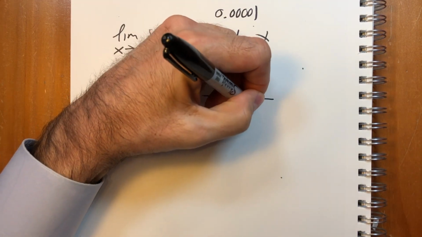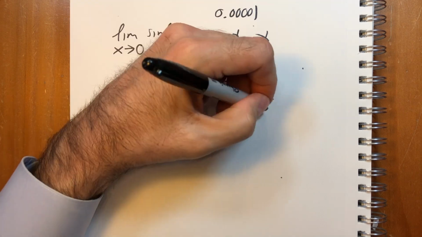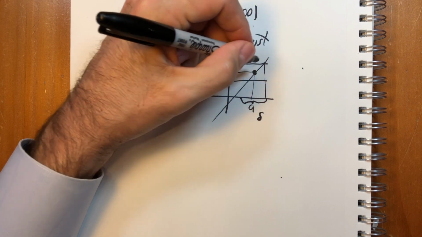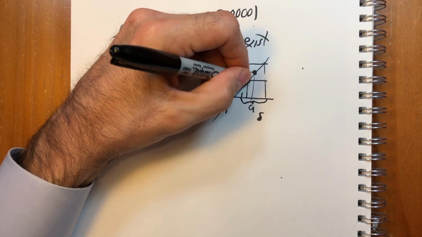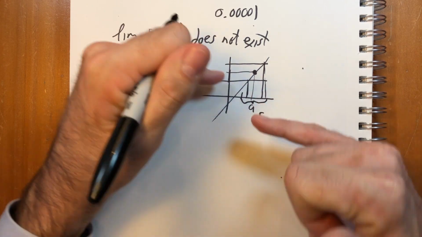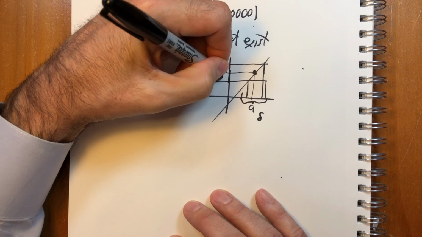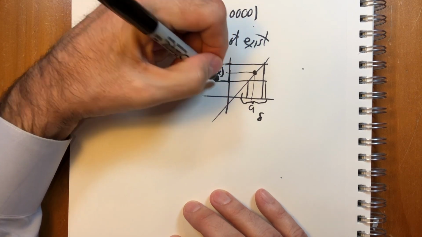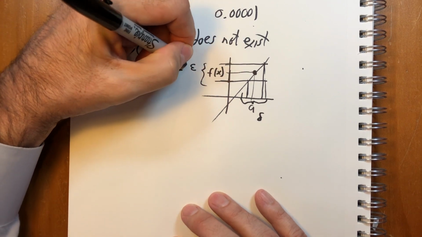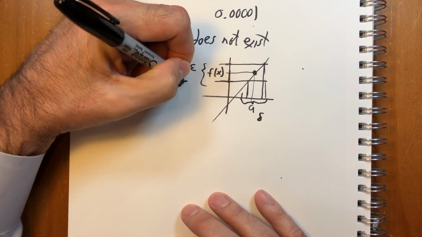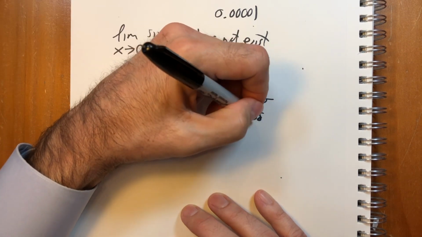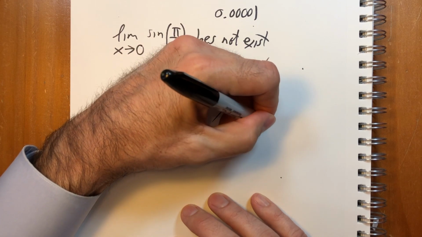So basically, we need to have an interval here where this distance, we'll call it delta, and that as long as the value of x is inside this interval, then the value of f of x will be in this interval. And we'll call this interval epsilon. So this would be L plus epsilon, this is L minus epsilon, and then this value is L, and that's A, and that's A plus delta,